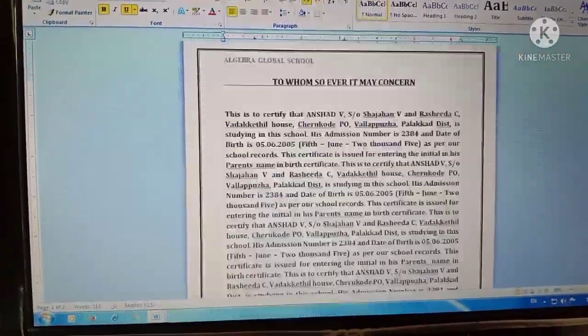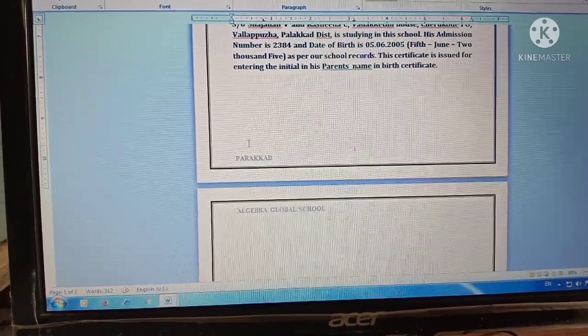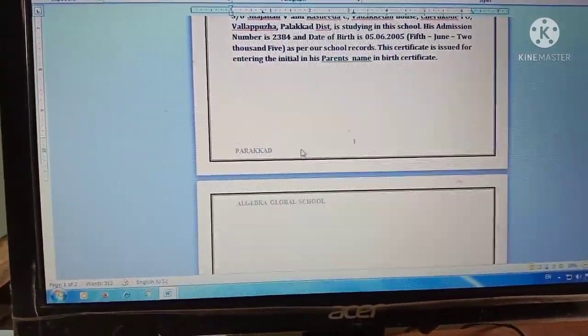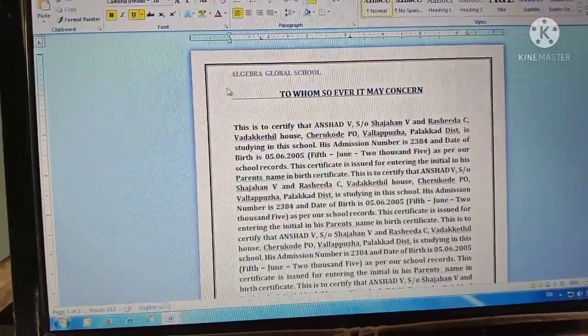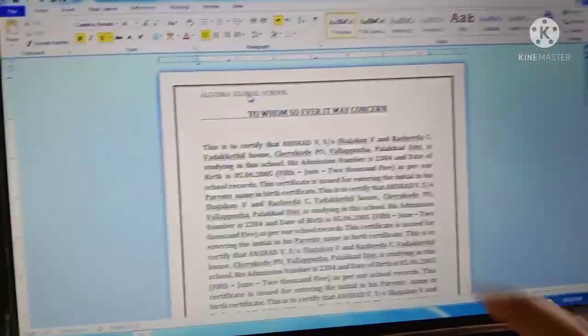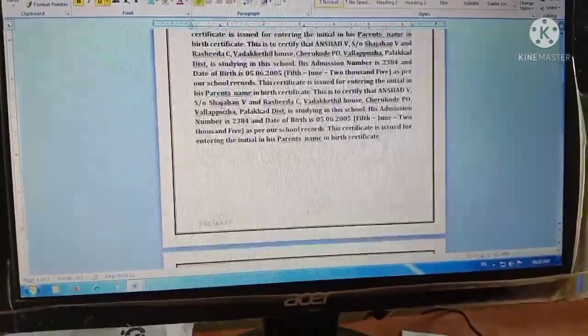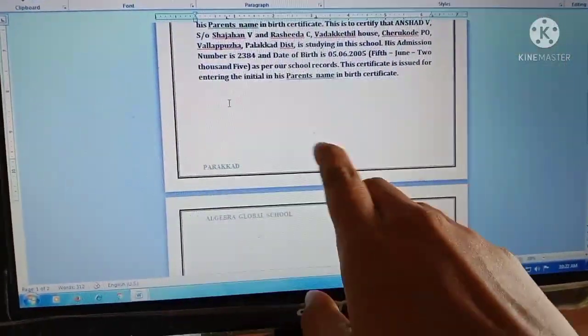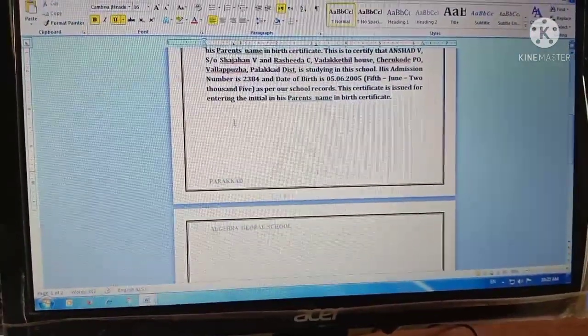When you double click, you can see the header and footer is here. You can see the footer here. You can see the header here. Okay, this is header and this is footer, and the page number is also there. I hope you understood.